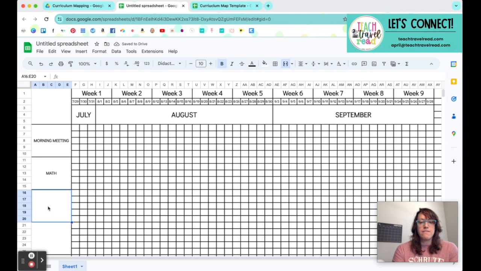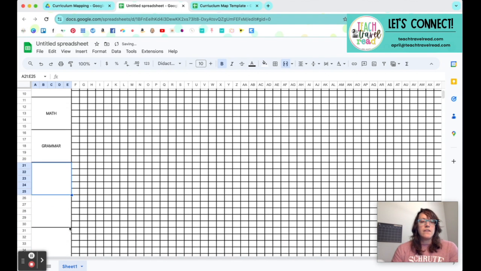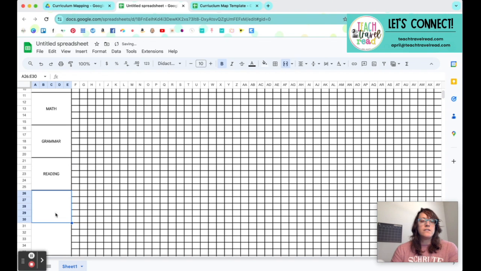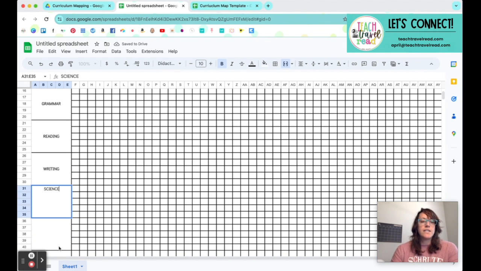Then I have my ELA block, and let's say I'm going to break it down into actually, let's do ELA and let's do grammar. Okay, actually, let's just call it grammar because that seems redundant. Okay, and then let's say I'm going to break it down into reading, writing, and let's see, I'm going to have science or social studies. So actually, let's just call this content,